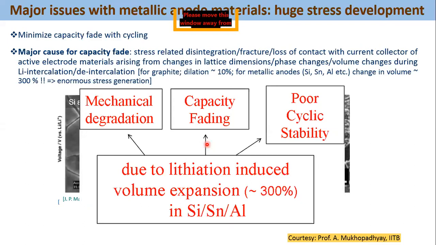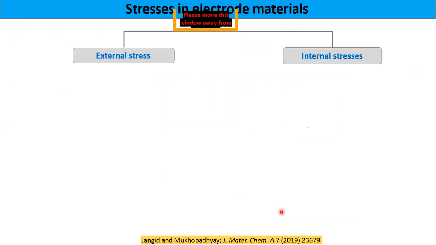So this is the case that, if I compare the change in the volume due to the lithium storage, the volume expansion in graphite is nearly 10%, which is not that bad. But if you compare the metallic based anode where the alloying based reaction occurs, the volume change is more than 300%. So to cope with such a huge volume expansion is very difficult, and one should engineer the electrode properly.